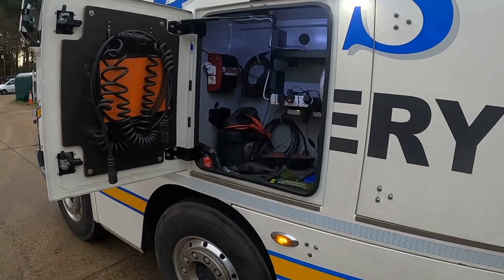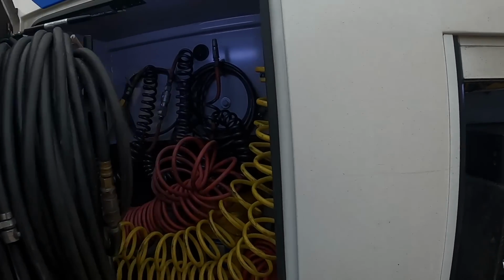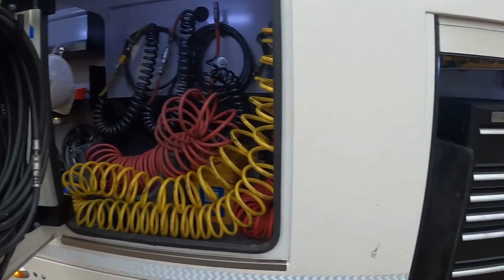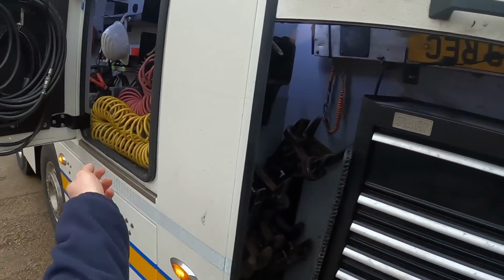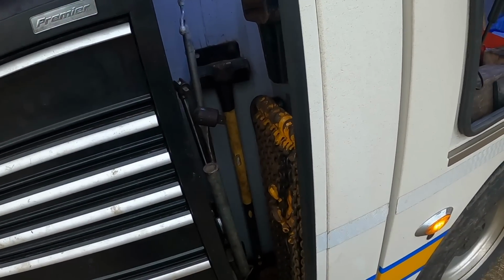So that's one of the first lockers there, a little charging locker up. You'll see this has got loads of Suzie lines for connecting to a trailer, and extra airlines. The toolbox here, so we've got loads of lifting forks, and that's a trailer board where the cordless lights stick on. Load of safety chains, and